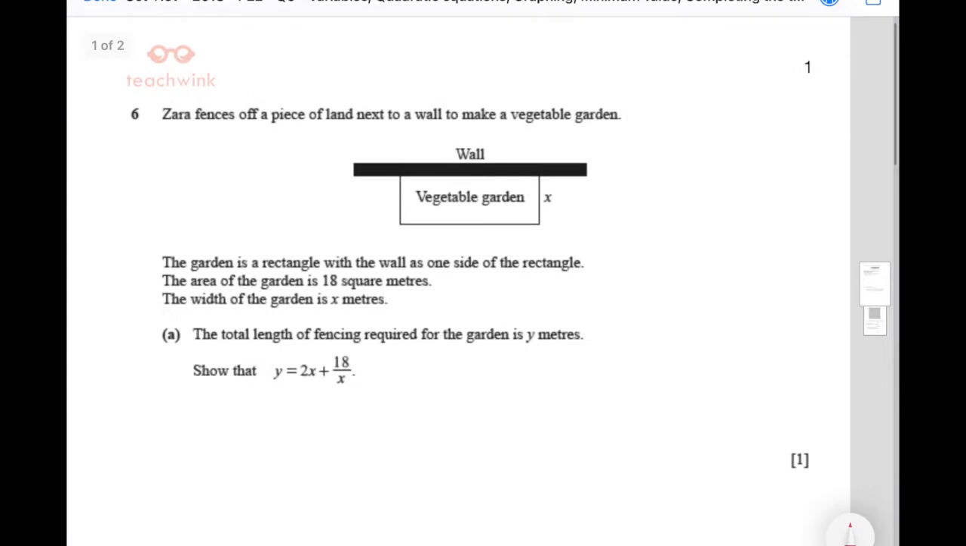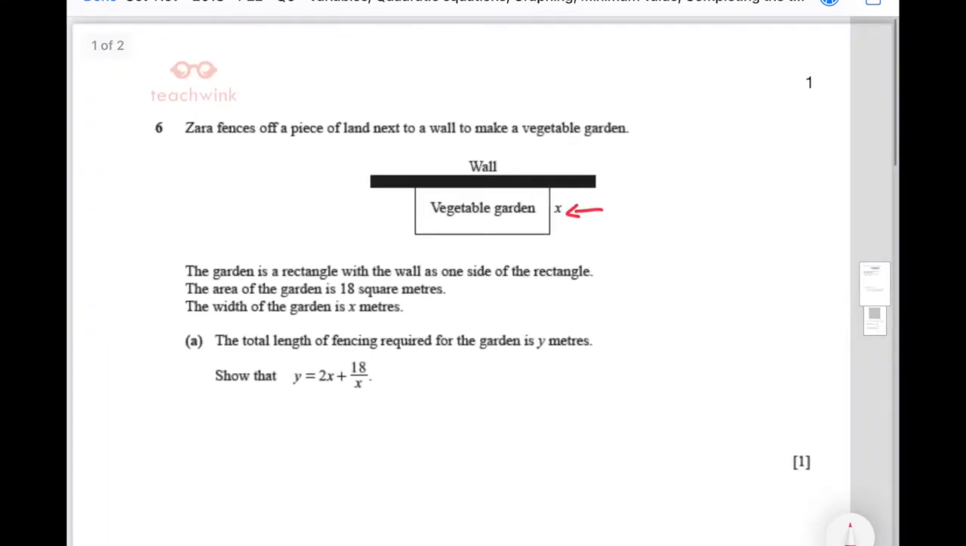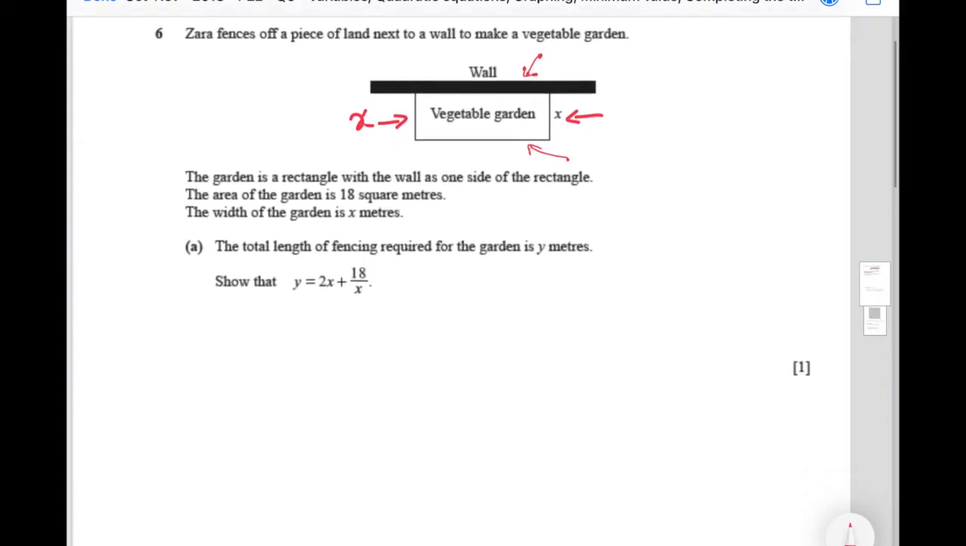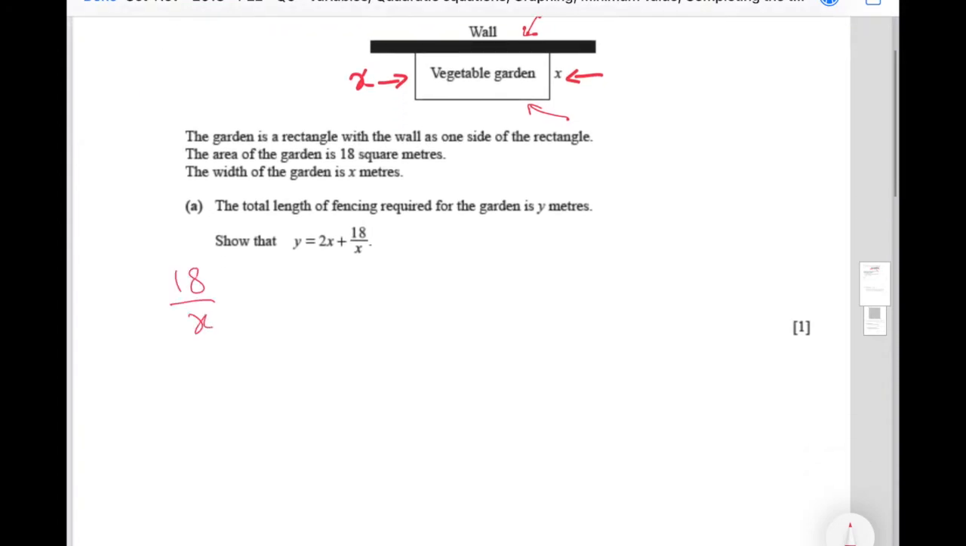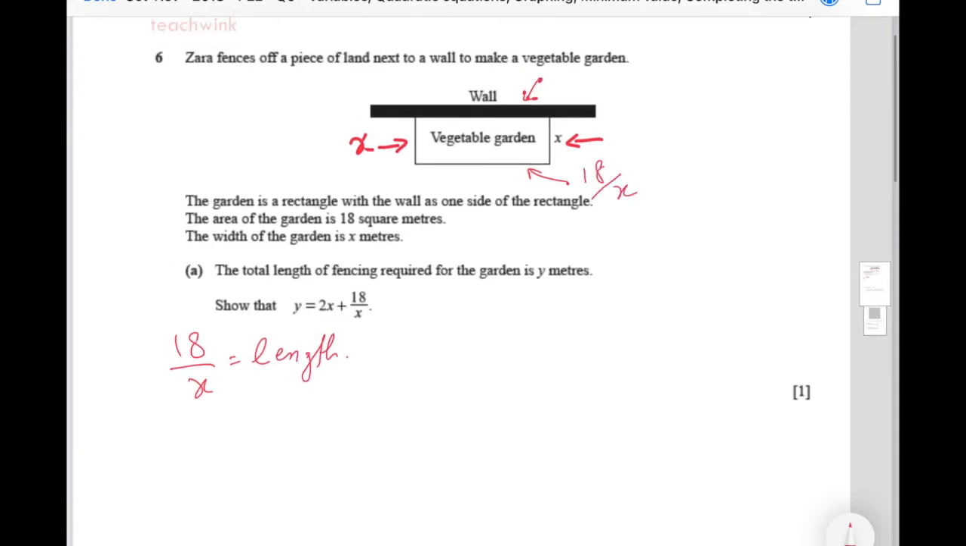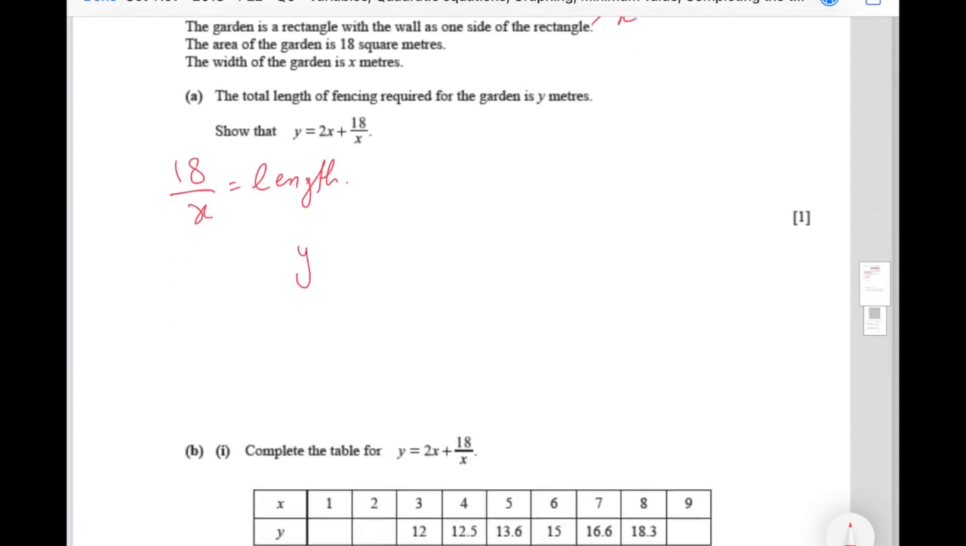Now, we've been given this side of the rectangle. So let's assume that this is also going to be x. We don't need this side because it's against a wall. But what's the length of this side? The area of the entire garden is 18 square meters. So if we divide 18 by x, it would be the length of this rectangle. So this side is 18 over x. So if we add all the sides, they should be equal to y. So y is equal to x plus x plus 18 over x, which simplifies to y equals 2x plus 18 over